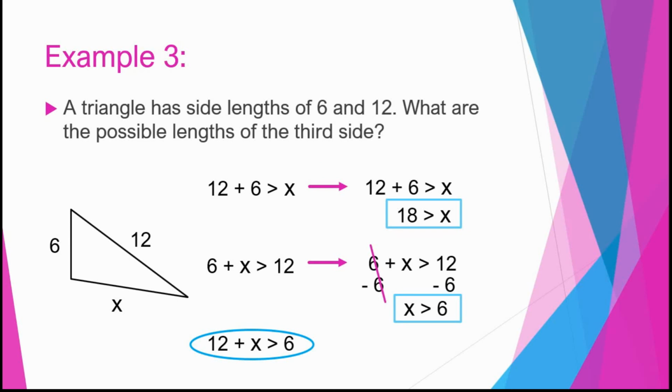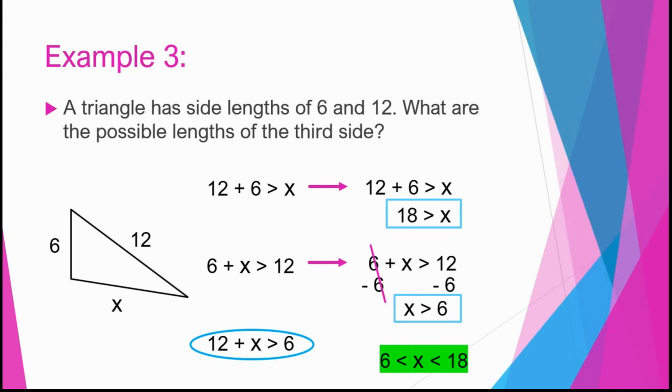But you'll notice we have another one, right? We have two x values here. So it has to be less than 18, but it also has to be greater than 6. So we can write that all together. 6 is the smallest one of them. So that shows us that x is greater than 6, but x is less than 18. So this third side could be anything between 6 and 18,